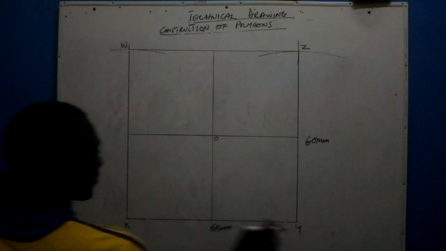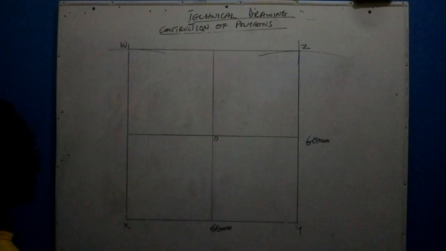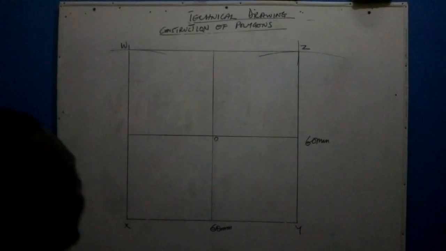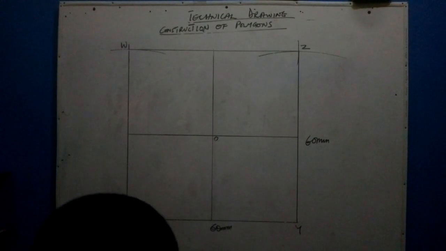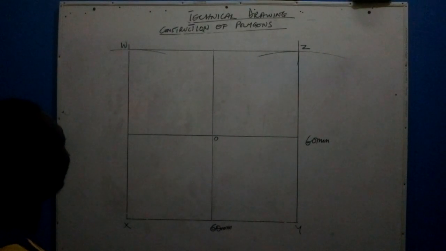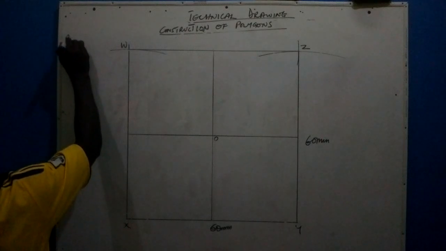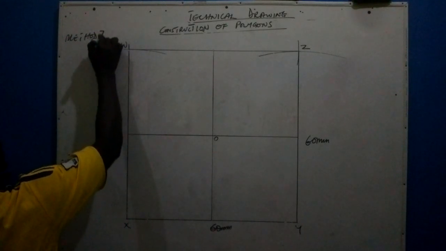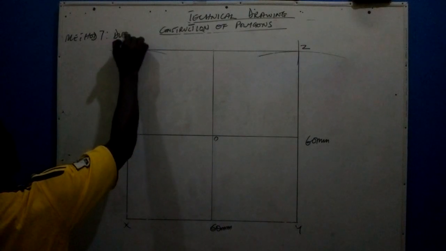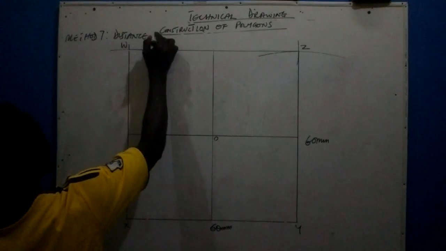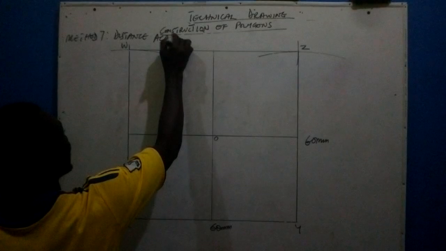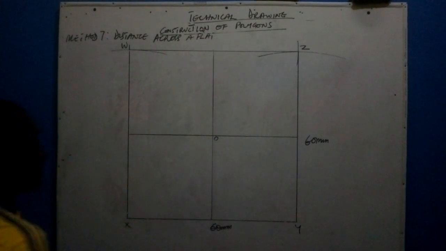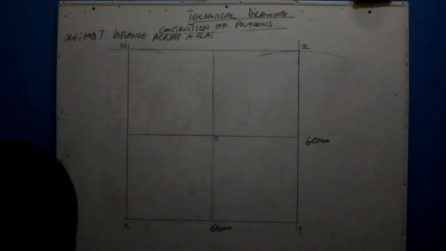W, X, Y, Z in order. Then it means that, because you say the method was distance across a flat, then if distance across the flat,